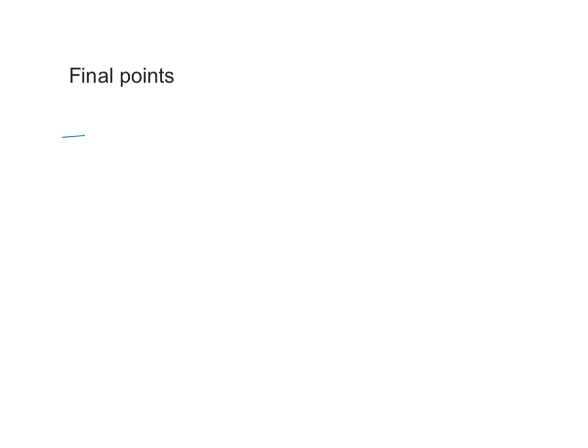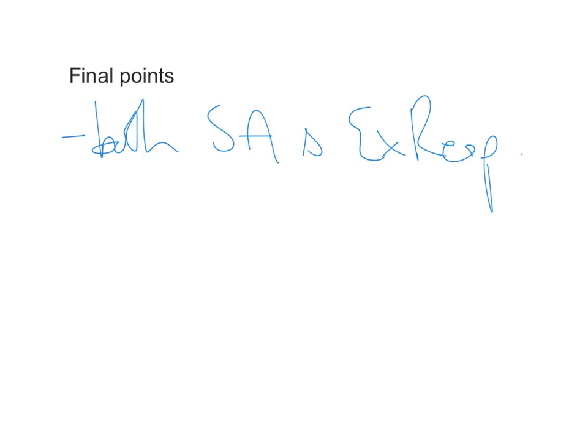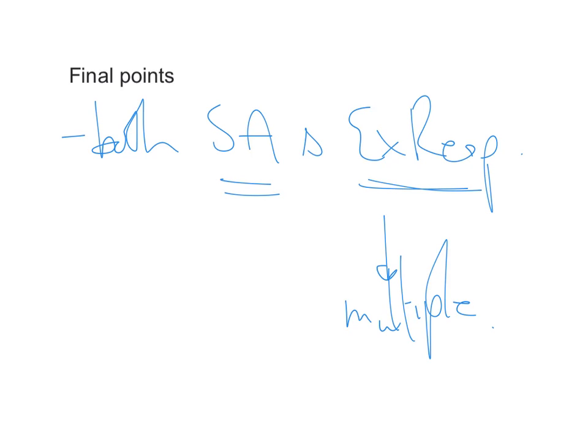So some final points. I guess that this is used for both short answer and extended response. With a short answer, it's generally just going to be one paragraph, and with an extended response, it'll be multiple. But if you use that acronym the whole way through an extended response and make sure that each paragraph has a topic sentence that has one central idea that you then explain and provide examples of, and then your linking sentence would link back to the overall question,